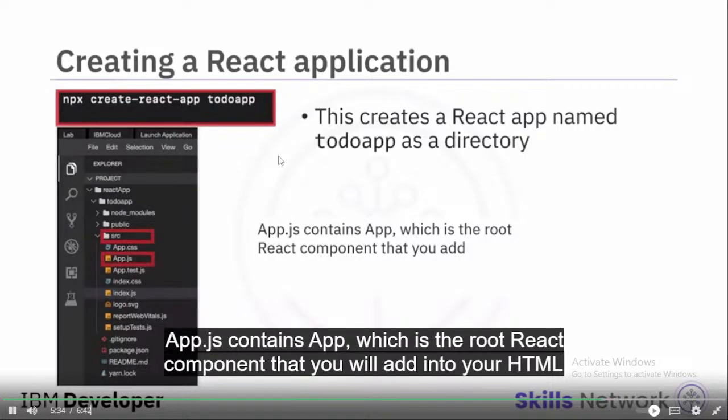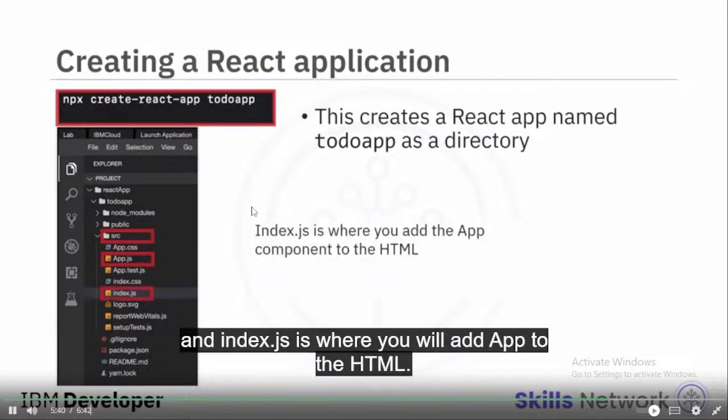App.js contains App, which is the root React component that you will add into your HTML page. And index.js is where you will add App